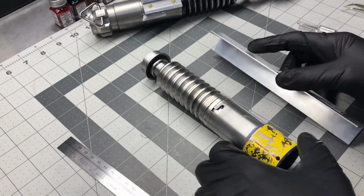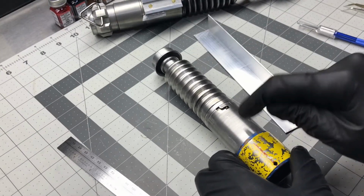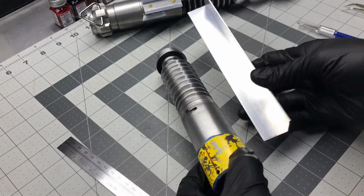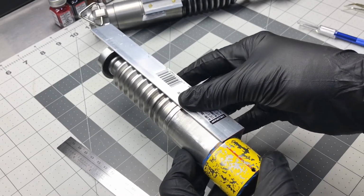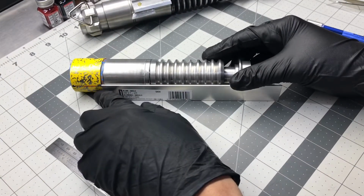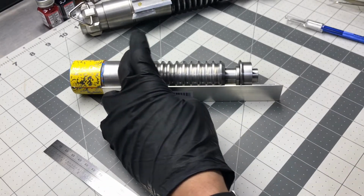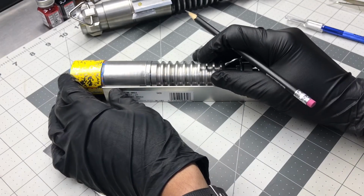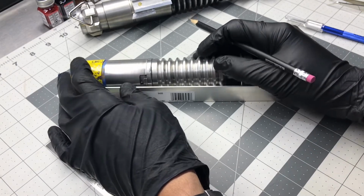So the same thing here is I take my straight edge, and because the booster is higher than the regular hilt itself, and the regular hilt is even all the rest of the way, I put the angle iron on the saber like this. You can put the rest of this on the table. Actually, that is probably the easiest way. Line up the red line with the edge of the angle iron, and then with a pencil mark exactly like we're gonna do this for real. So we'll line up the red on the edge, and then